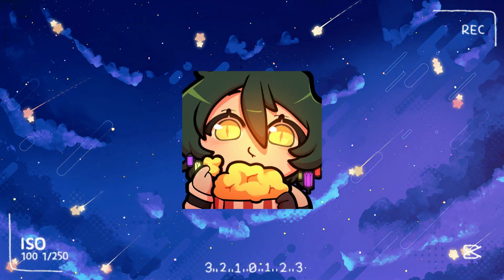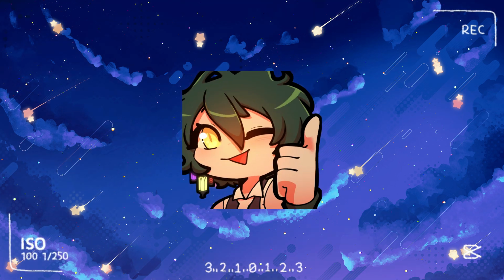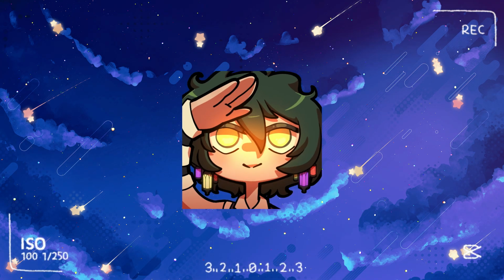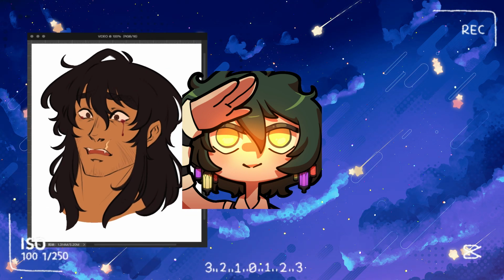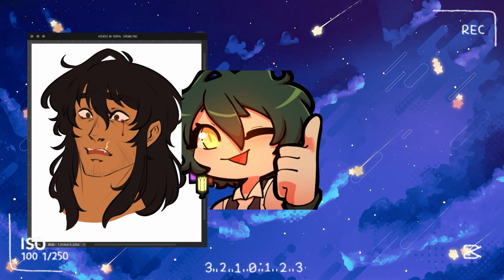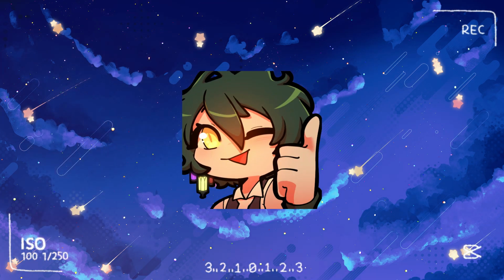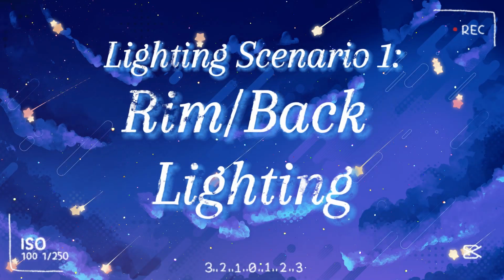Now, with those rules of thumb in mind, let's get into some common lighting scenarios that will really help to make a piece dramatic. I'm going to be demoing these different scenarios with a sketch I did of one of my characters the other week. And as an overall note, you can and should combine these techniques and lighting scenarios where you can. The first scenario is